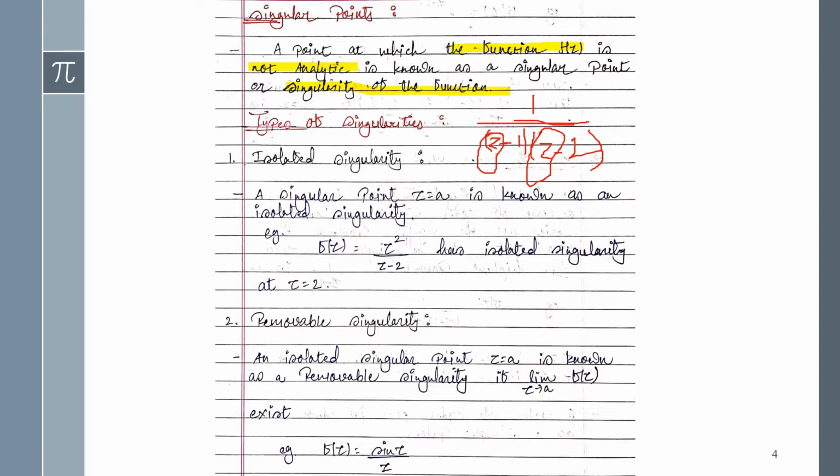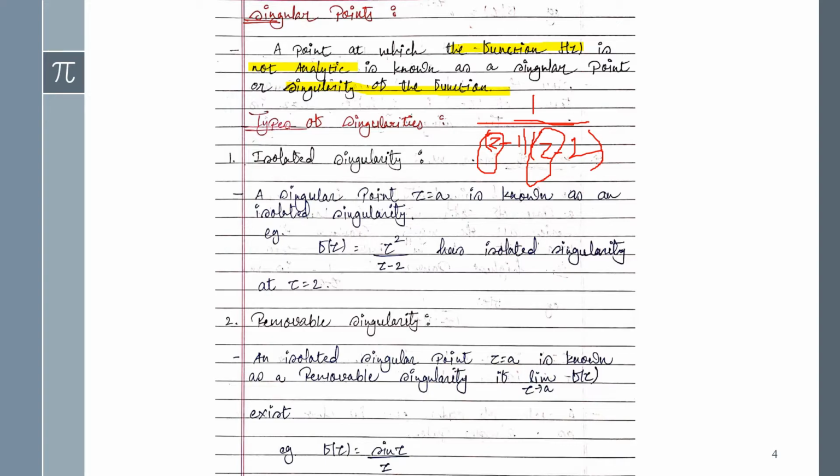Now starting with the types of singularities. There are many types of singularities, and we are doing the definitions one by one. First is the isolated singularity. See guys, all these theories you have to keep in your mind, because without this theory you can't do the sums. Because you won't know which type to convert to for finding singularities. So this concept is very useful to understand the examples.